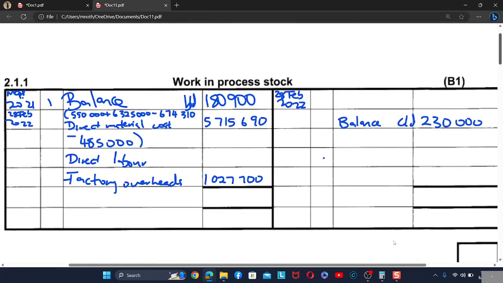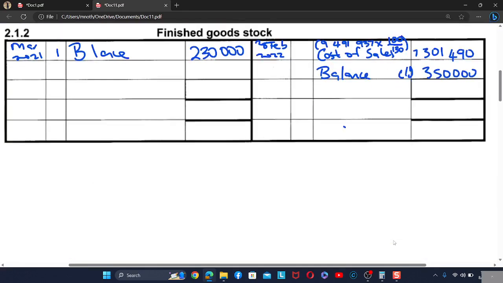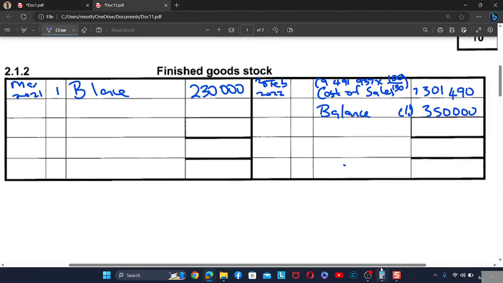So now we need to find out that actually here in the work in process, how much finished stock did we transfer from the work in process to the finished goods. We need to know how much we transferred. So to know that, let's come here, because from here it is simple. So the balance carried down is already given. So let's find how much we received from the